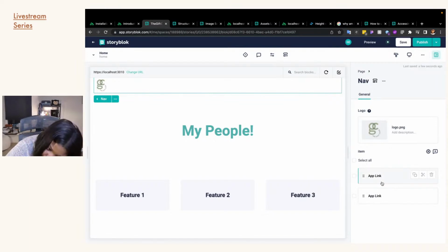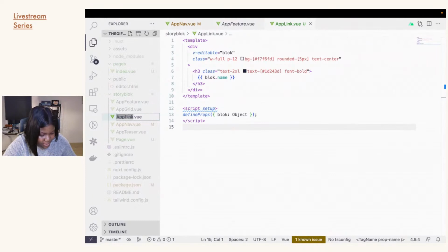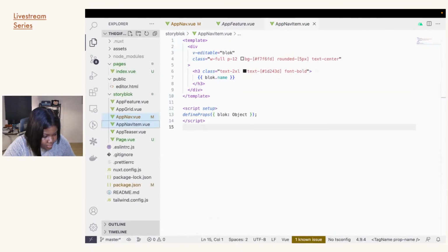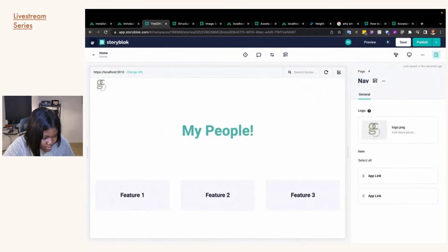This is not supposed to be app link, it's supposed to be nav item, app nav item. So I'll rename that here. App nav item, and then also rename it in the